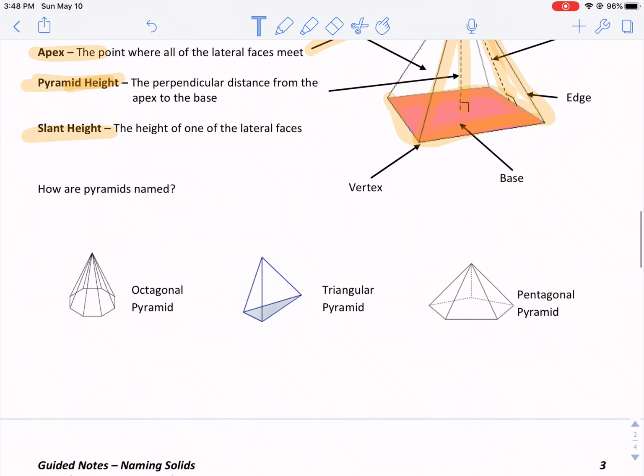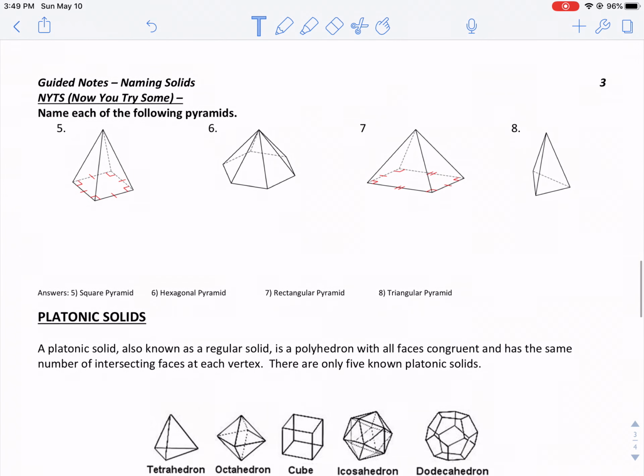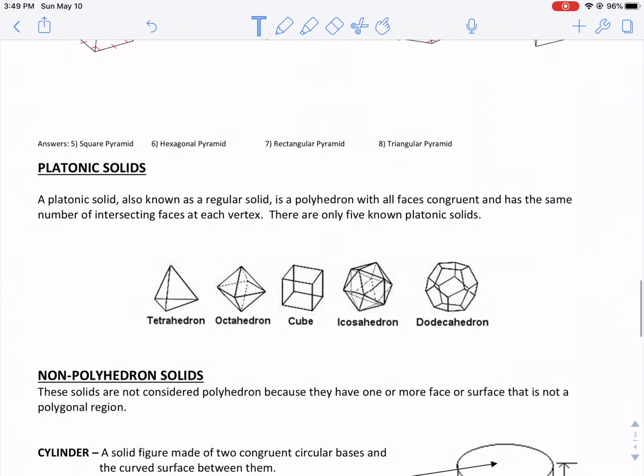All right, once again, to name a pyramid, notice we're using the word pyramid now, not prism. We still just name it by the base. So here the base is a triangle, so it's a triangular pyramid. For that one, the base is an octagon, octagonal pyramid. The base here is a pentagon, pentagonal pyramid. All right, and then there's 4 for you to try down there. Whatever the base is, that shape, pyramid because it's a pyramid. All right,